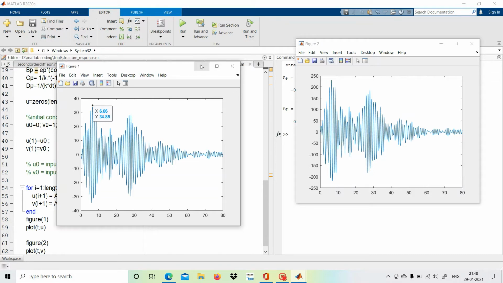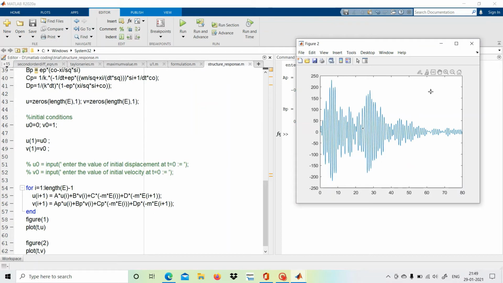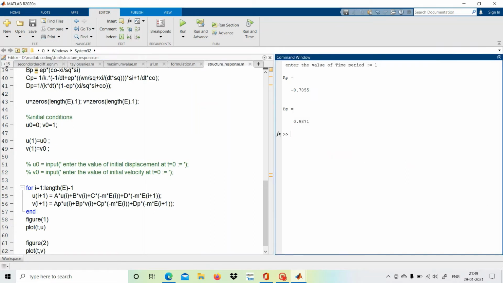Okay, so we can just have a command here also. If we want to find the maximum, suppose let's have a name b1 equals maximum of u. Let's see, that's 35.2339. So that would be the maximum value. We are interested in this, it may be in mm or in some unit. So the maximum displacement would be this much. We want to design our structure for this maximum displacement. So for this ground acceleration, the maximum peak displacement would be this much.